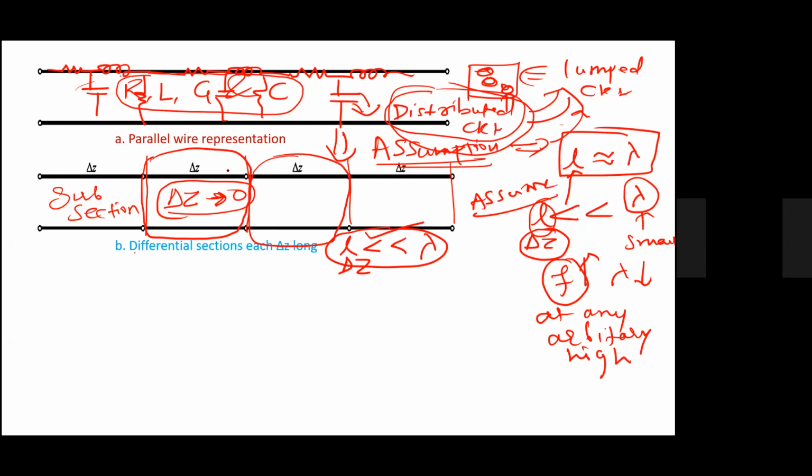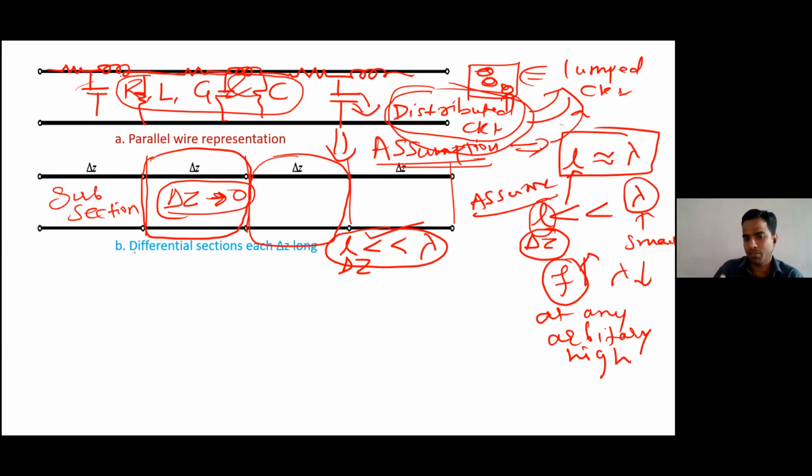Okay, fine. So if we assume the length of the section tends to 0, we can apply KCL and KVL, and now we are relieved. We know how to apply KCL and KVL, so we are entering an easy domain. One approach is using KCL and KVL, another approach is using Maxwell equations, and that approach is a bit difficult.